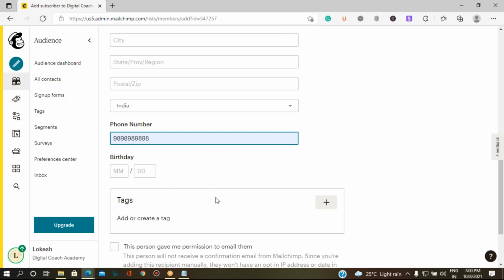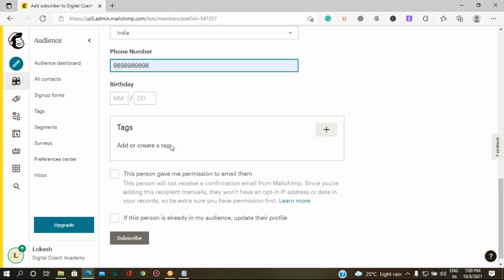Now it is asking you to select the tag. What do you mean by tag? A tag is like a group. When you create a list of the mail IDs, do you want to take it as general, that is, whatever email IDs you get, you take them as your email list?